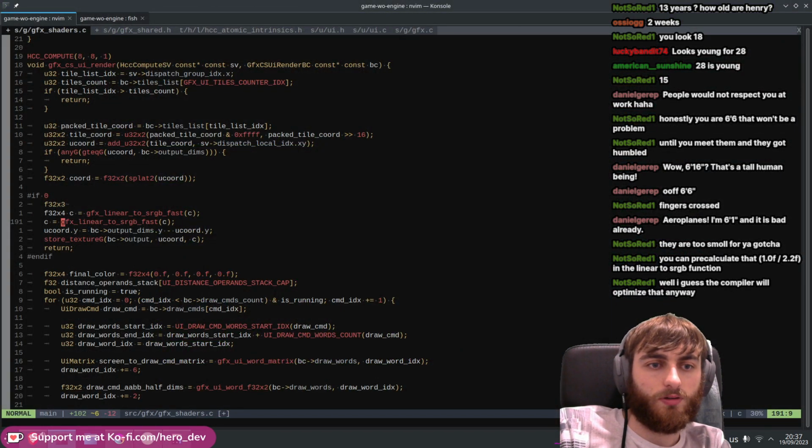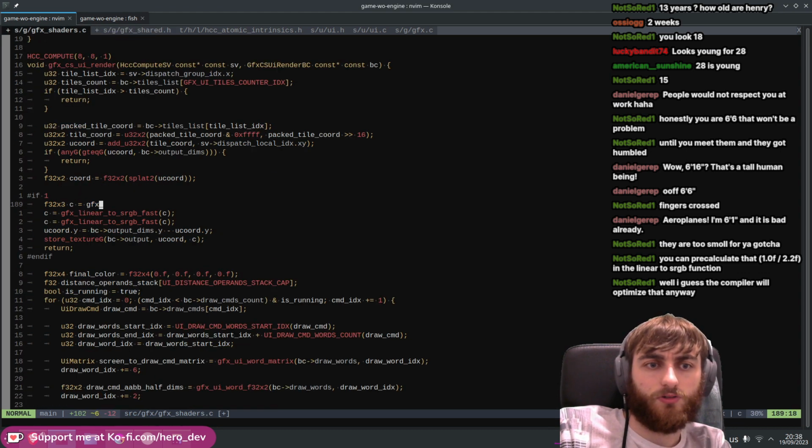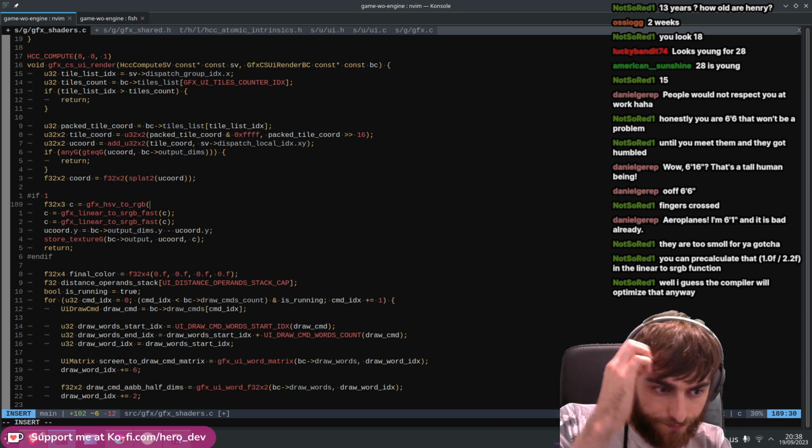Keep the tunes going. So what I plan on doing here, well, what we want is essentially the color, right? Now color is going to be equal to HSV to RGB. So